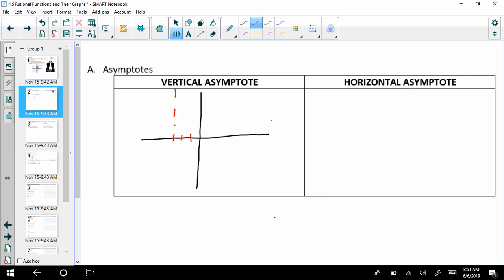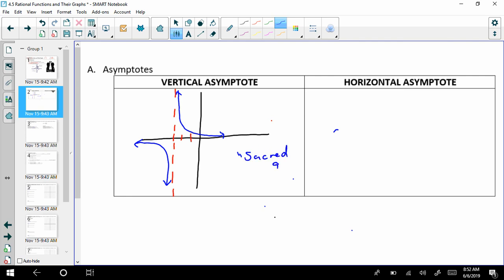Let's say there's a vertical asymptote going through 3. I used a dashed line because we wouldn't actually see it. Let's say my graph ended up looking like this. So in blue could be a possible graph that we're going to see today. And think of the vertical asymptote, I want you to think of it as